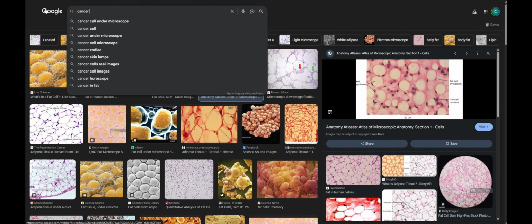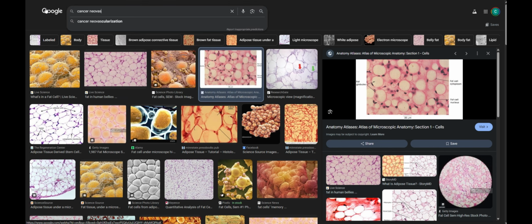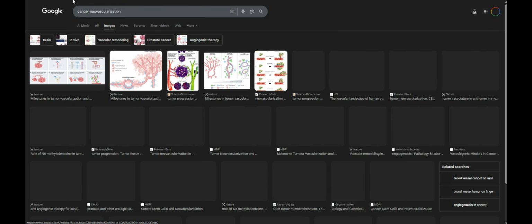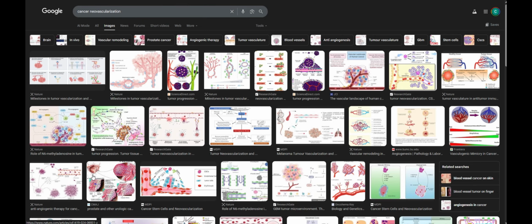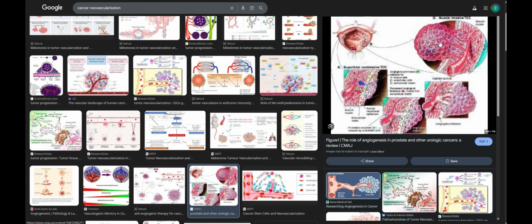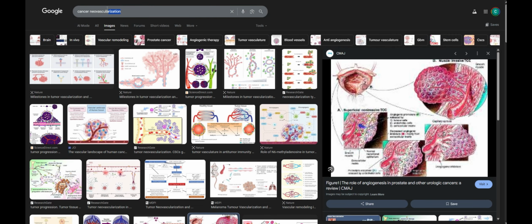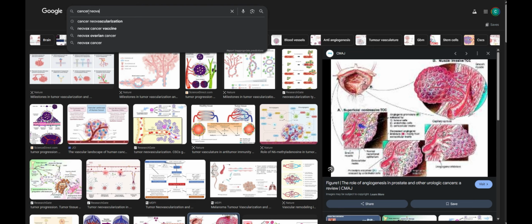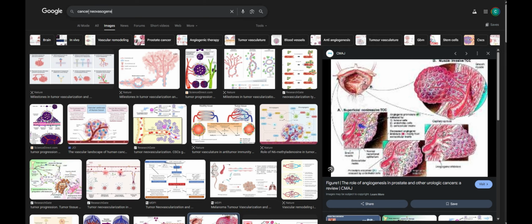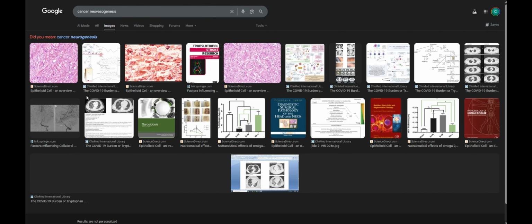Cancer, is it called neovascularization? Is that the word? You just have blood vessels that go throughout the tumor. That's not the word, but anyways,